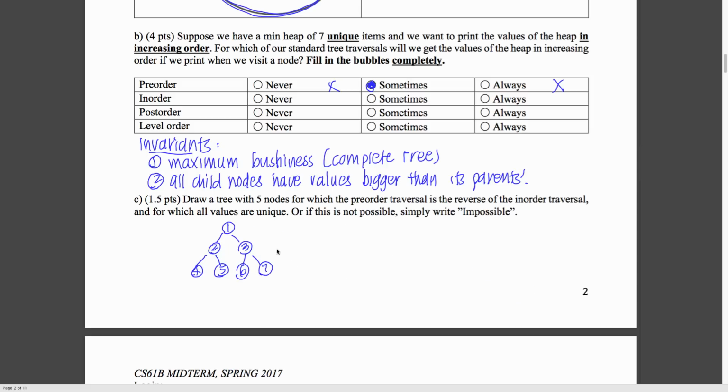Okay. So remember, in order traversal goes left, root, and then right. So here we're going to start with the 4 and return that. So it would be 4, 2, 5, 1, 6, 3, and 7. So here we see that this is clearly not in increasing order, but if we look at it and we